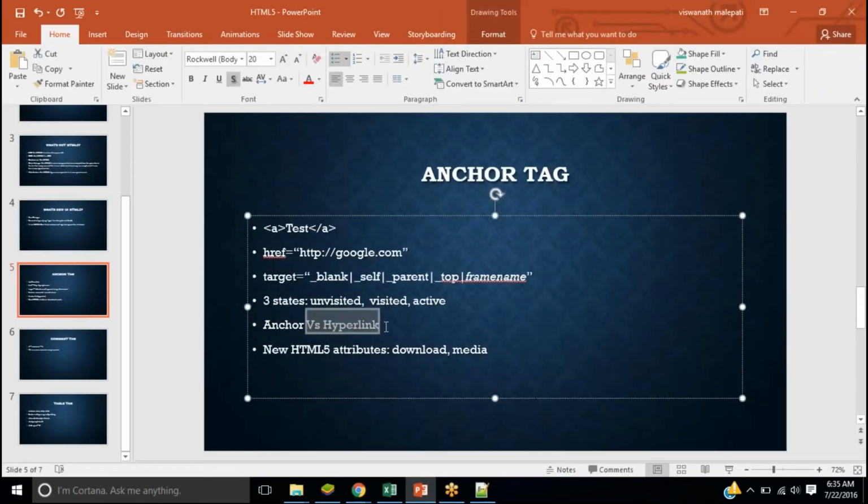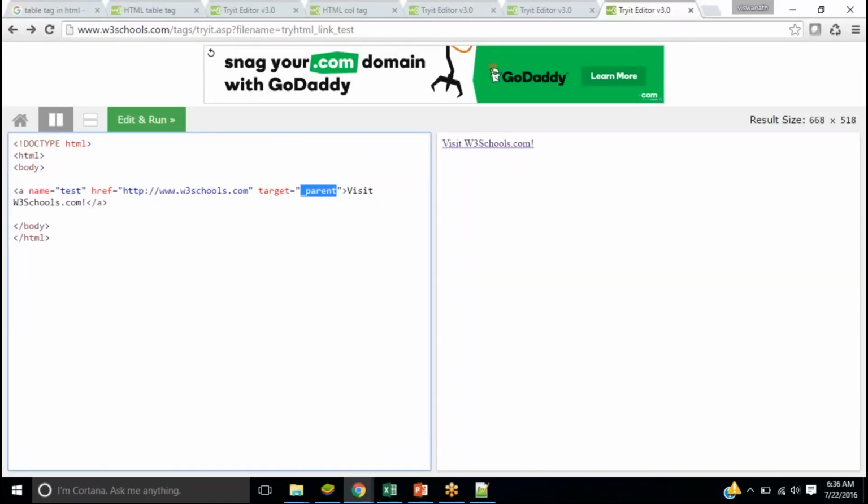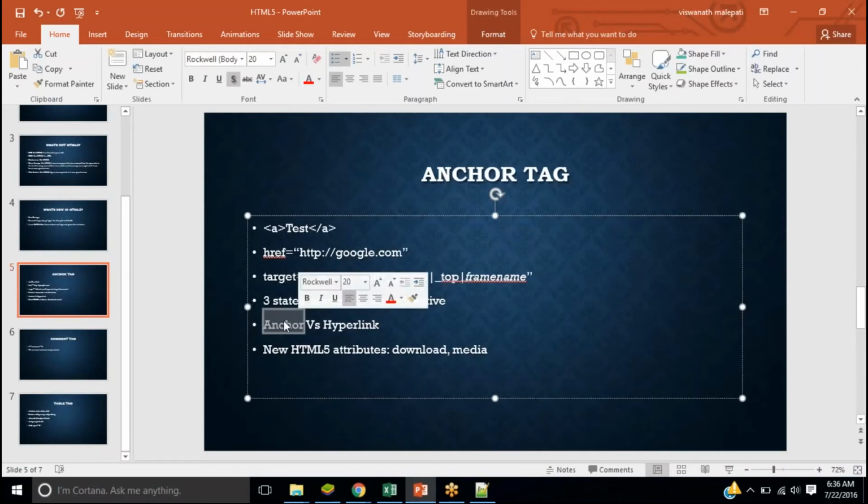And one most important thing: people are not using it these days, but in the olden days, before HTML5 and AngularJS and all these concepts came into the picture, when HTML was initially introduced, the anchor tag was used for two purposes. One is for visiting links, which we saw. The other is the anchor itself; the name anchor came from a different scenario.